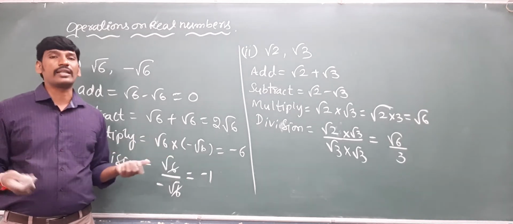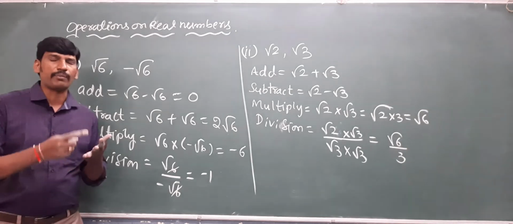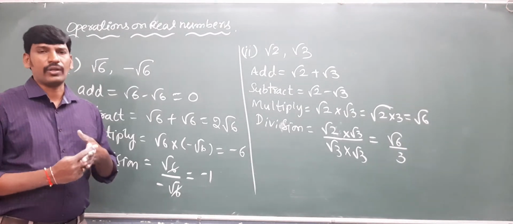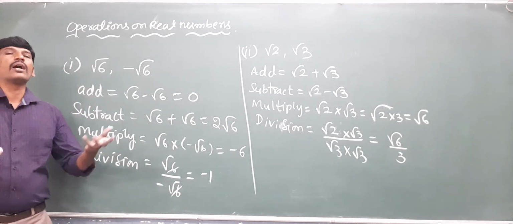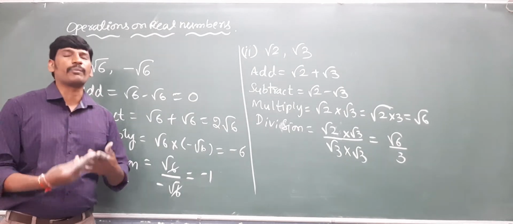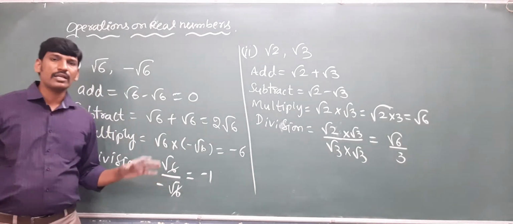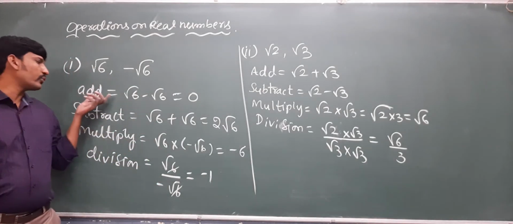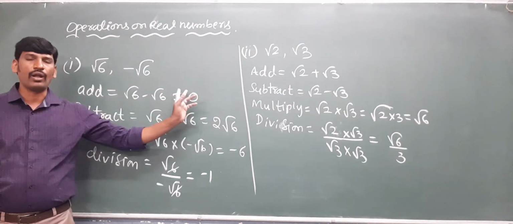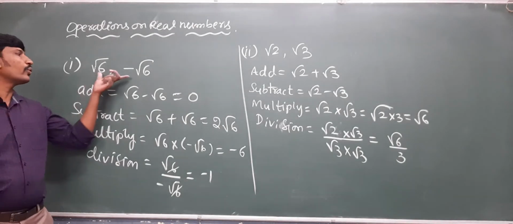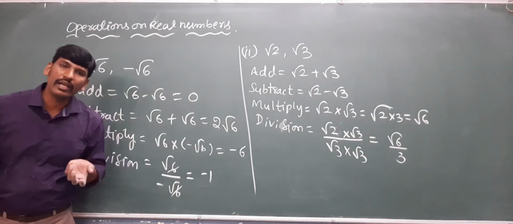We cannot say that, it may or may not be. Either you add or subtract or multiply or divide, we will get again, it may be an irrational number or may not be an irrational number, depending on the condition and situation. This is clear, my dear? Keep it in mind. Addition of two irrationals need not be a rational number always, because this is the example. What is that? Addition of two irrationals need not be rational or need not be irrational.